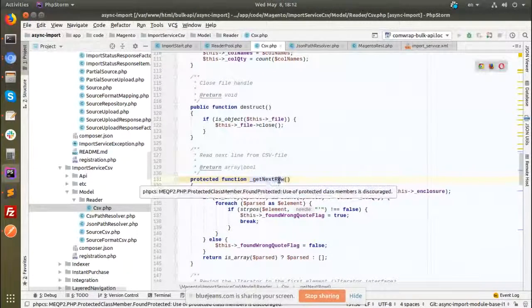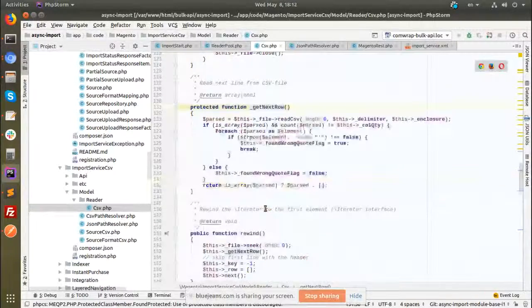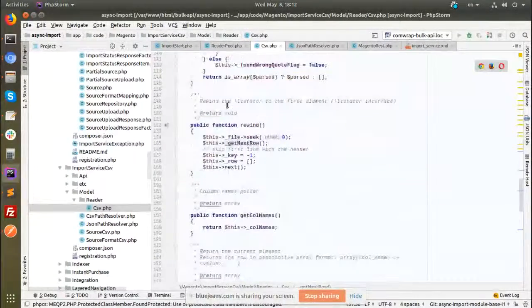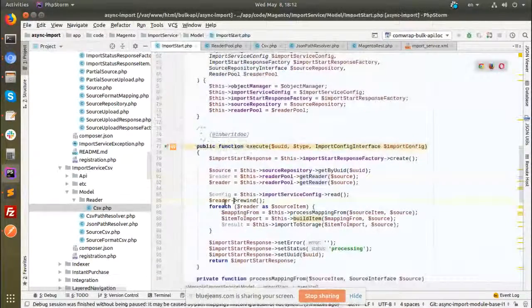So get next row will be get next item. So actually the iterator is working, and we